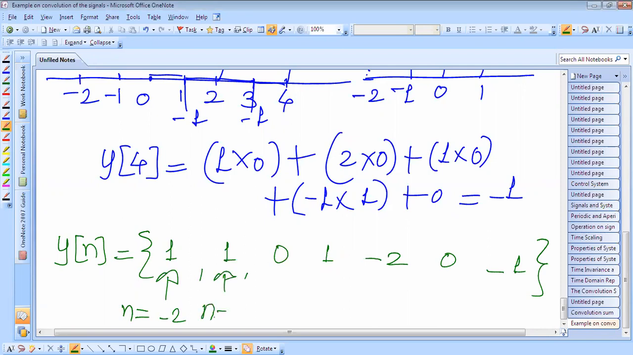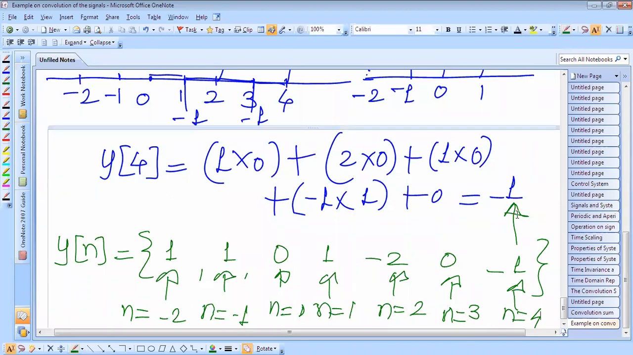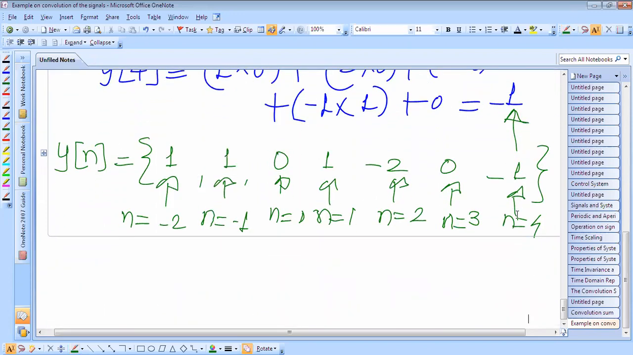Okay, we have started from n is equal to -2. This is for n is equal to -1, and this is for n is equal to 0. This is for n is equal to 1. This is for n is equal to 2. This is for n is equal to 3, and this is for n is equal to 4. Just we have found this. So in this way we can find the convolution of the signal. Okay, I think you have got this. We have seen about the convolution